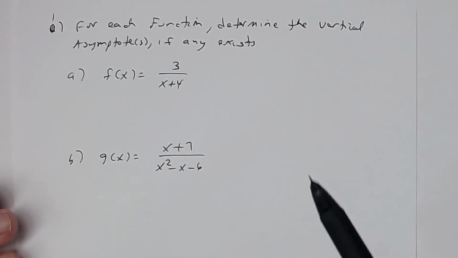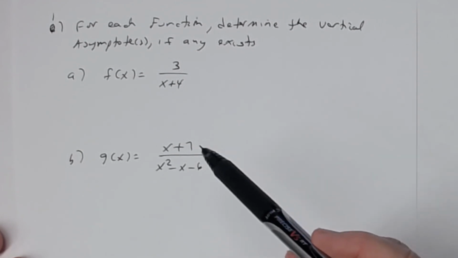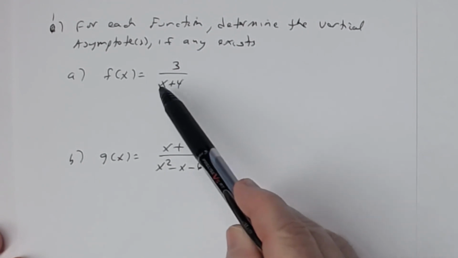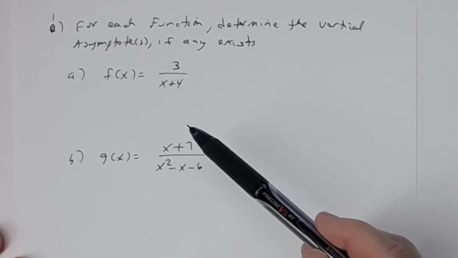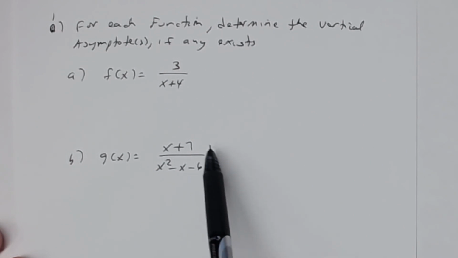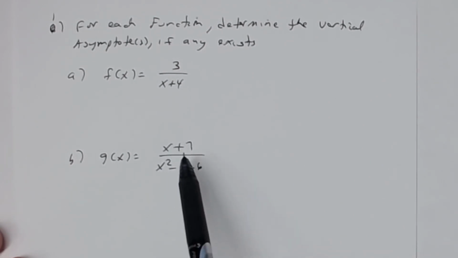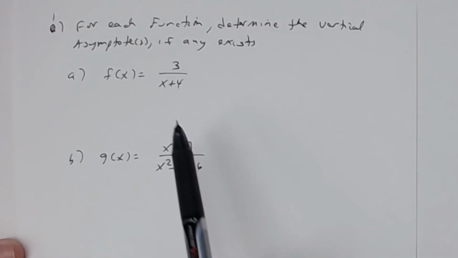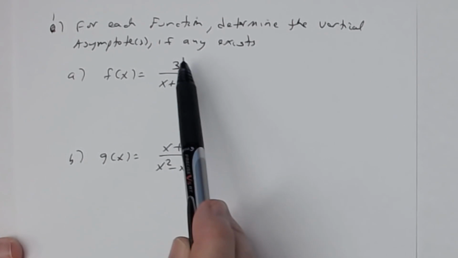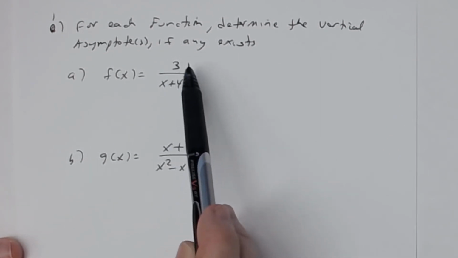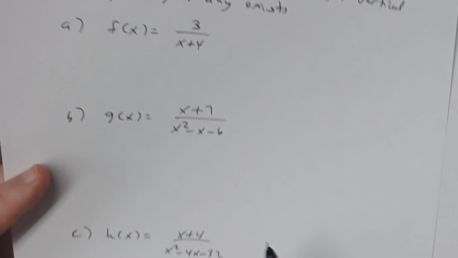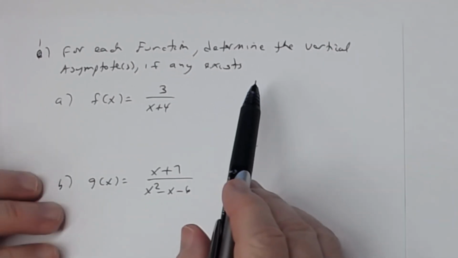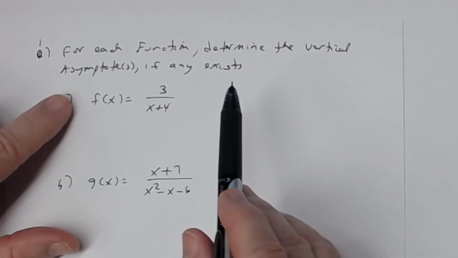Okay, so in these problems, we're going to look at each of these rational functions. And remember, a rational function is where you have a polynomial divided by a polynomial. And in each of those cases, that's what you see. So in letter B, you see a linear factor divided by a quadratic. So you have a polynomial divided by a polynomial. Even a constant is considered a polynomial. So in each of those cases, that's what you see. Okay? And so what you want to do is determine the vertical asymptotes, if any exist,